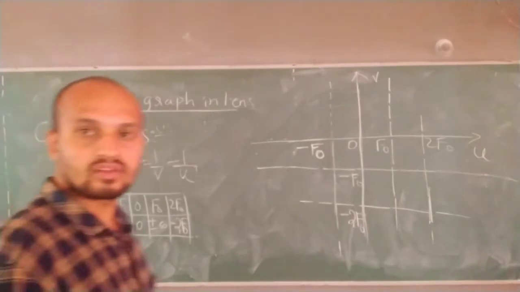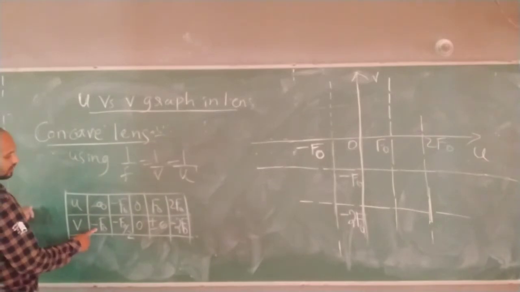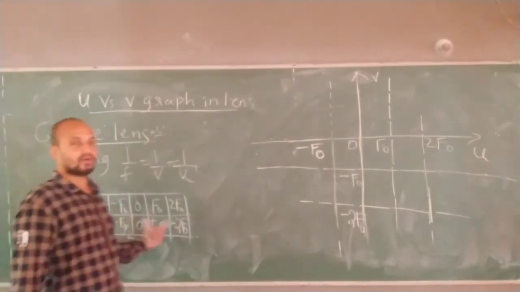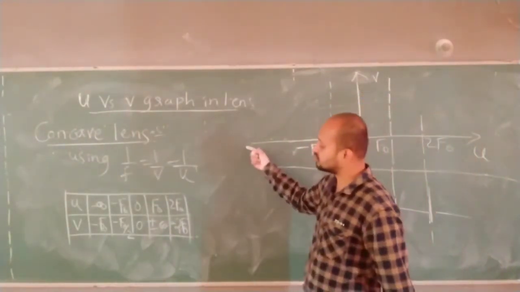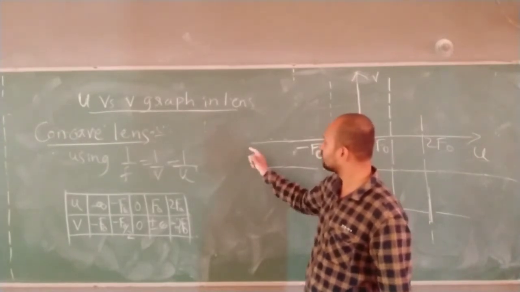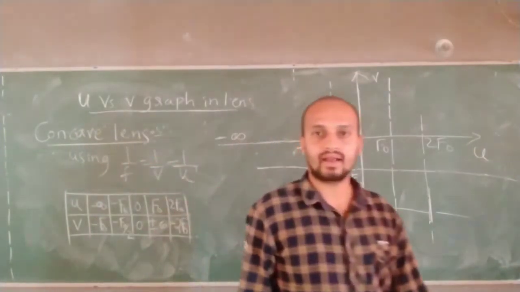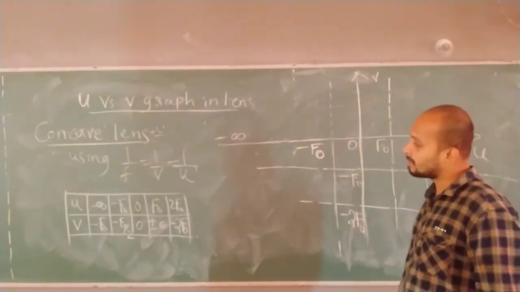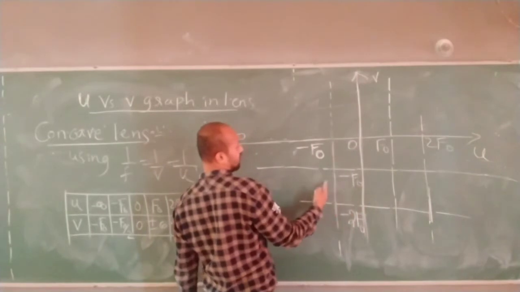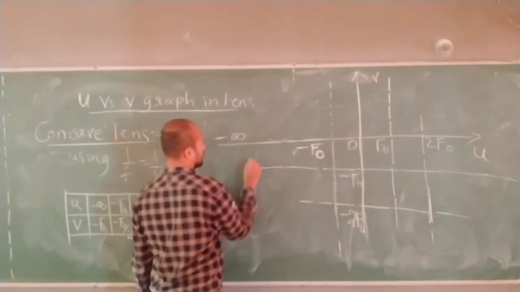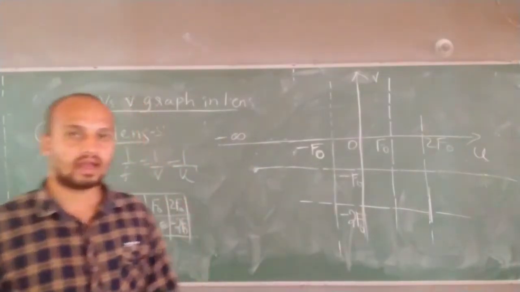This is for convex lens. You can see for convex lens, what is that? This is u, v, minus infinity. I have plotted a table already. Wherever object is there, image distance is formed. What happens here? When object is at infinity, minus infinity. Yes or no? This is minus infinity. When object is at minus infinity, where is the image formed? Image formed is at minus f0. This is v, so image formed at minus f0. This is the point minus infinity, so here at this point. Correct now? At this point.